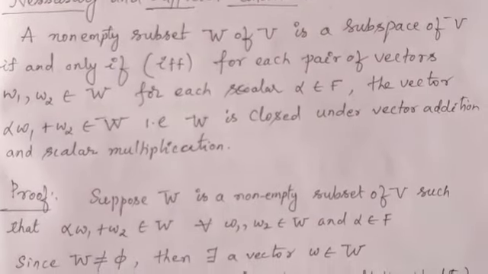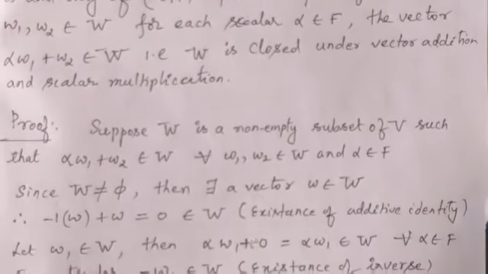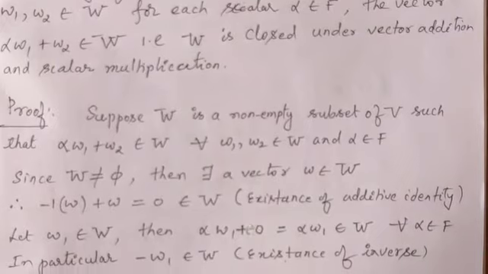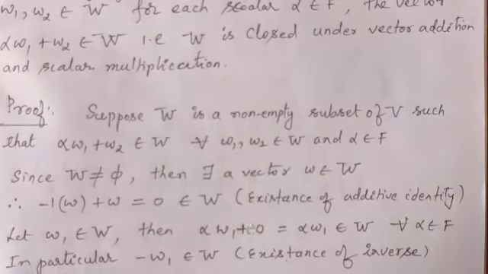Now we move to the proof of this. First I suppose the condition. What is that condition? For every vectors W1, W2 and scalar alpha belonging to F, the sum alpha W1 plus W2 is in W. That is what we have assumed. If I assume this, then I can prove the existence of identity. That means all the properties, the structure of the vector space, I can prove. So first we will prove the existence of identity, then inverse, then we will prove that it is closed under multiplication and addition and all other properties.